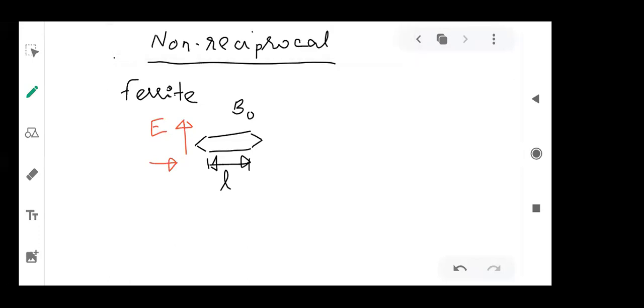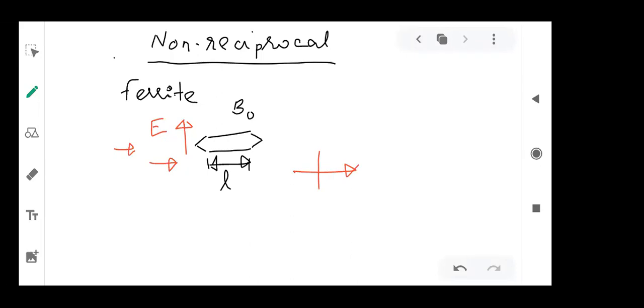Because it is magnetic in nature, I should actually refer to the magnetic field, but the magnetic field is always represented in loop form. So to avoid that loop shape, I have used, or you can simply write it as, the H field. If it is moving from the left side to the right-hand side, this field will get rotated under the influence of this biased ferrite material. And I will observe this whole process from the left-hand side, and I will draw this diagram here.